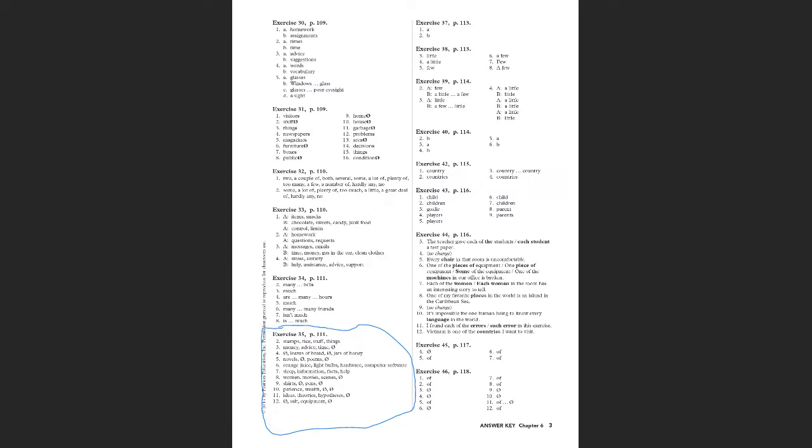You said poem and poetry? Yes. Okay, what's your question? So poem, it is individual, and poetry is talking about like a book of poems or